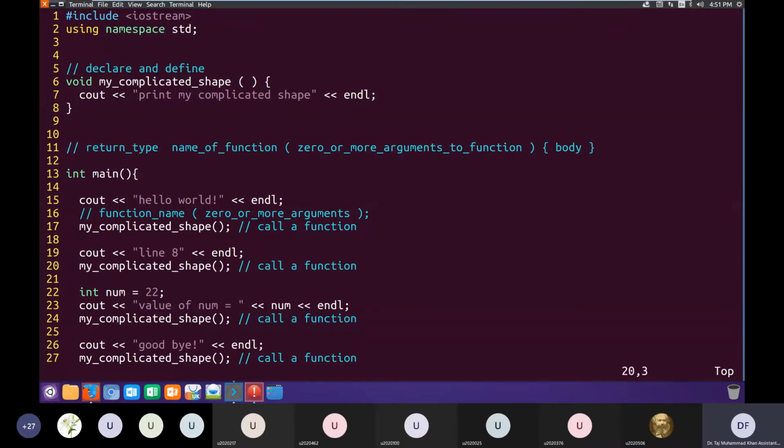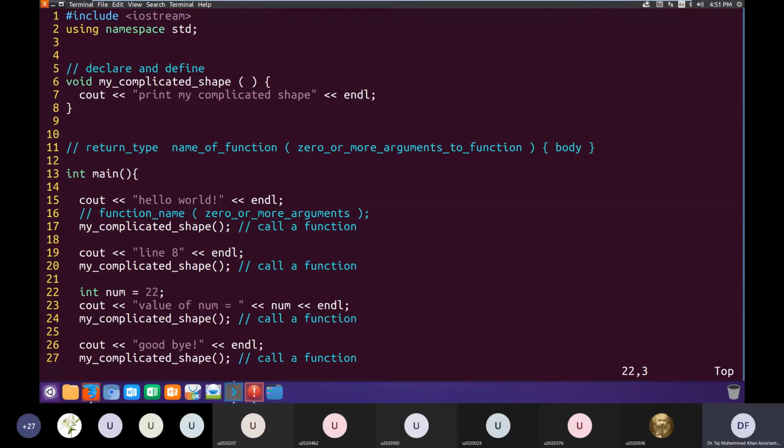And then in line number 20, we'll jump again to the same body of the function at line 6. After executing the function, this time we'll jump back to line number 20 and not line number 17, because this time when calling the function, the execution flow went from line number 20 to line number 6. So again, when coming back, it will come back to line number 20.